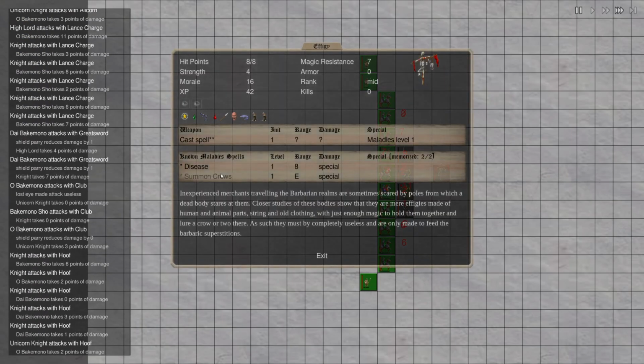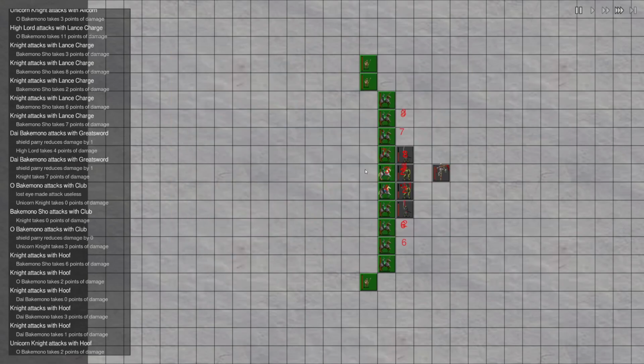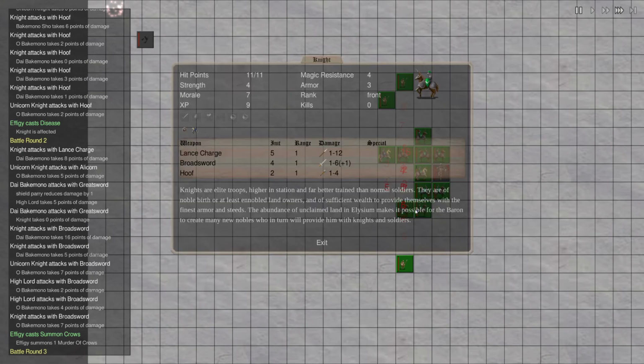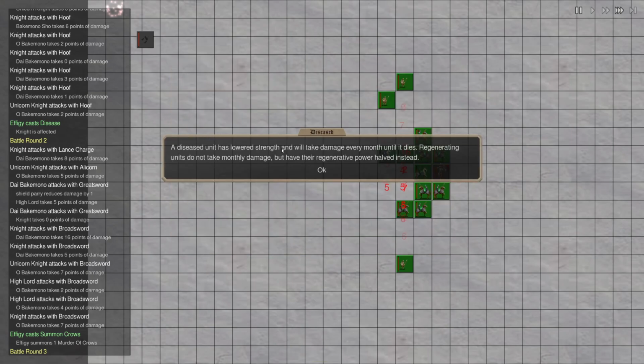Oh yeah. So this has got disease. Disease sucks if it hits. Basically, if a unit is diseased, which none of my units are, let's make sure. Let's see, cast disease. Knight is affected. Dang it. Which knight? Nope. This one. So when you're diseased, you'll have lower strength, so you'll do less damage, and you'll take damage